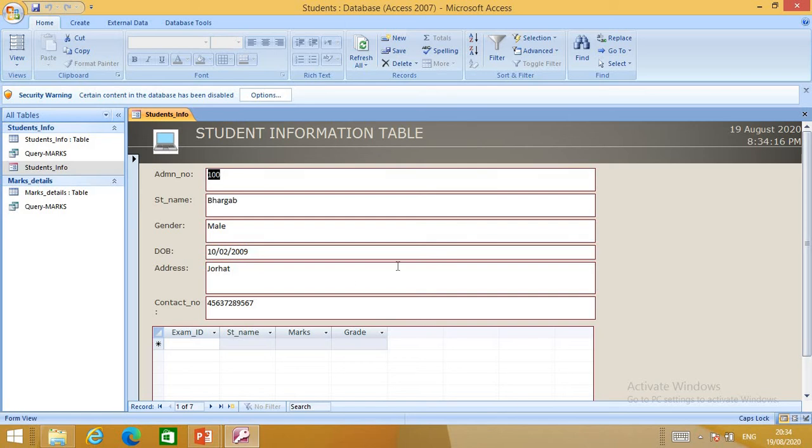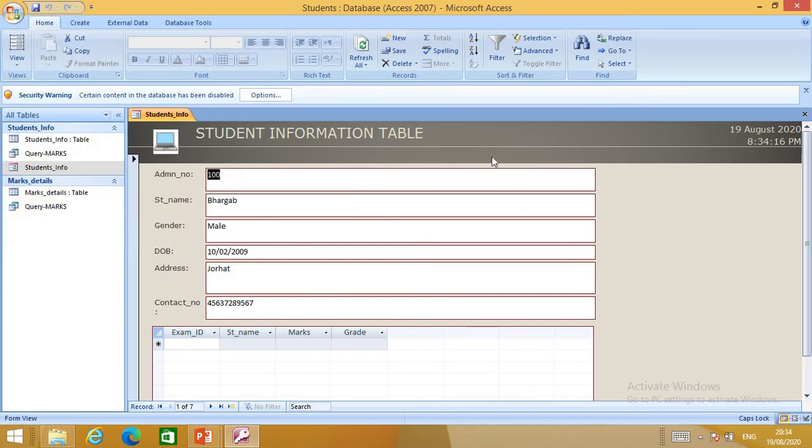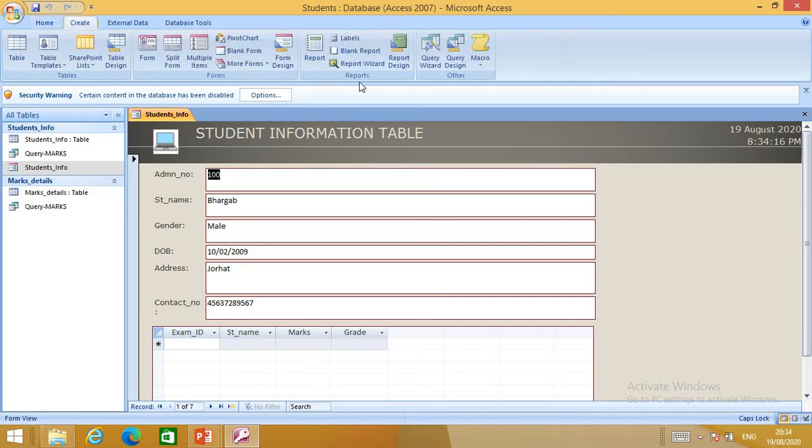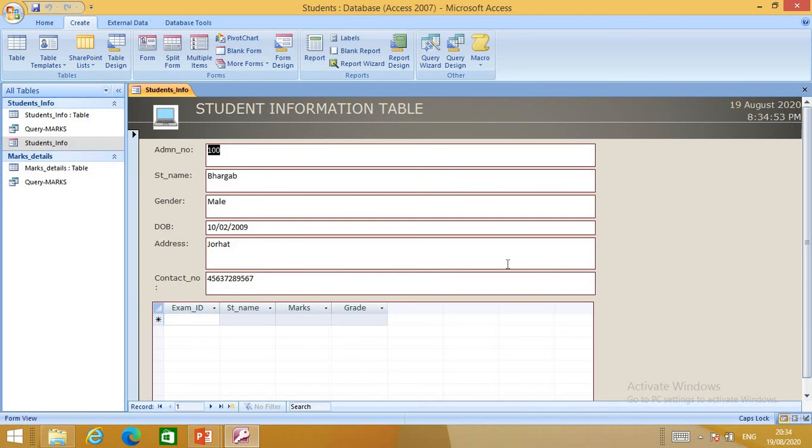So after changing this, you have to save it. You go here and save it directly. You can save here, or sometimes this save will not work because this is for the whole database. So you can directly save from here also. Whenever you click here, that will be automatically saved. Because I have already clicked on the save button, that is saved. So whenever you click here, see, this is the new form design.